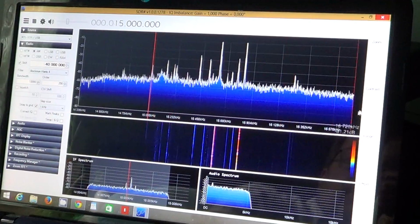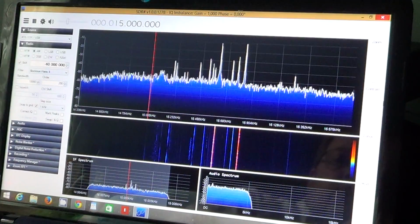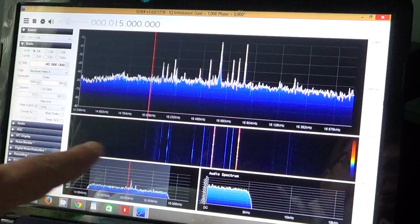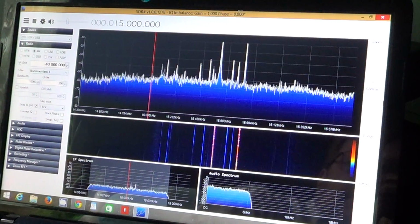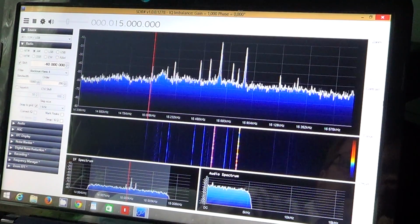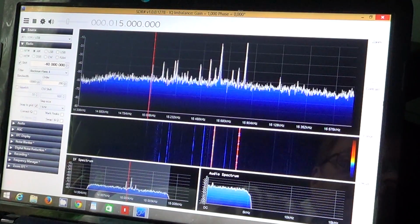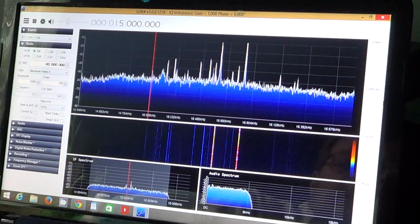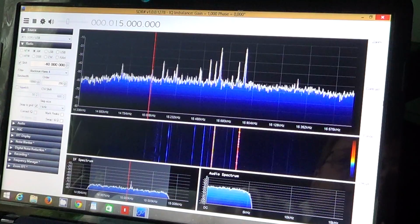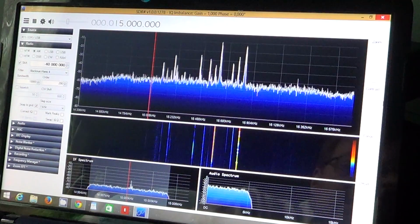You can of course zoom in, zoom out of the display. You have of course the spectrum analyzer on the top. You have that little waterfall here at the bottom, which shows you the different signals, which is nice. So when a signal pops on or off, you can see it appear on the waterfall easily. It's something in itself, and I'm actually thinking that I'll probably do a series of videos on the SDR Sharp software once I understand more and more about it, and help you guys that have SDRs use this